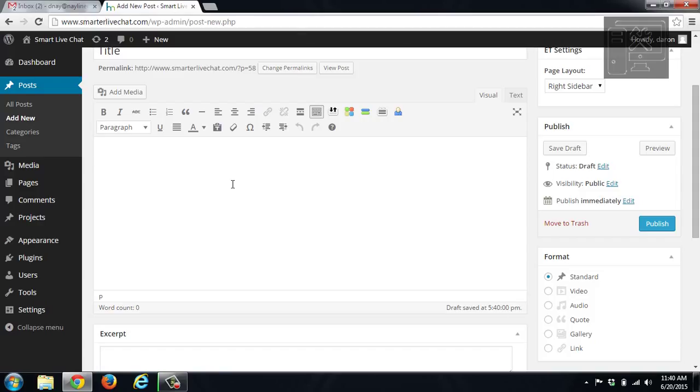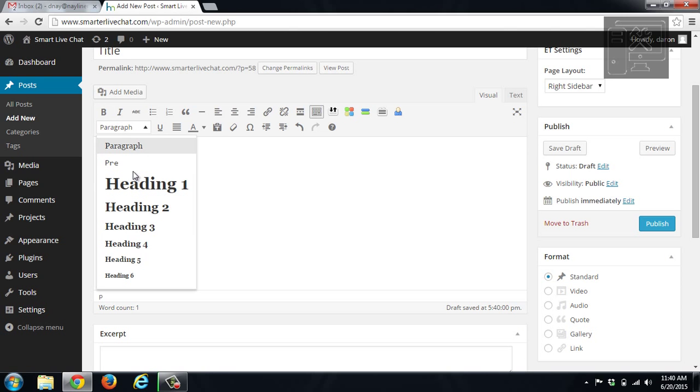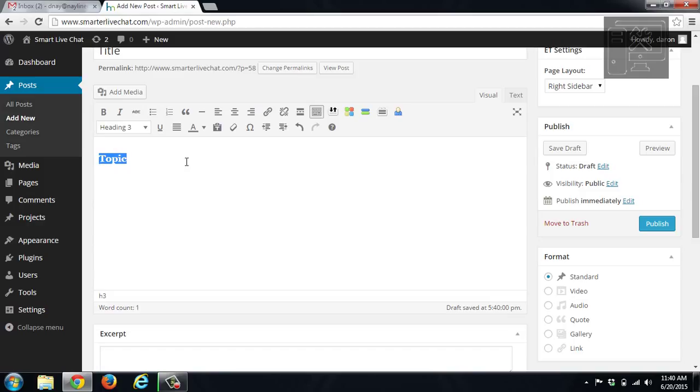Make sure when you're doing things that you lay it out in bullet points so people can see, oh, I want to read this point or read that point. So the way to do that is you would have a main topic, and you would select that topic and change it to a heading. I usually like to do heading 3 because it's a decent size. Then you click enter and you can type the content